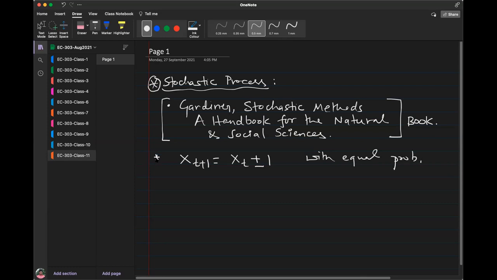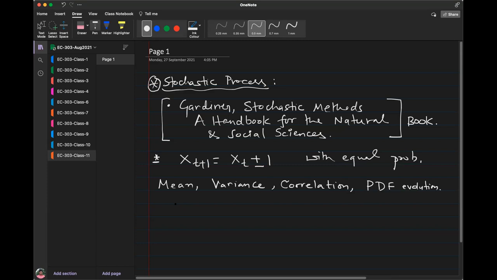So anytime we learn a stochastic process, we ask standard questions. What is the mean? What is the variance, the second moment? And of course, one can ask, what about higher moments? But at the very basic, we must ask what is the first and the second moment, and then we must ask what is the correlation structure of the stochastic process, and then finally, how does the PDF evolve? PDF evolution.